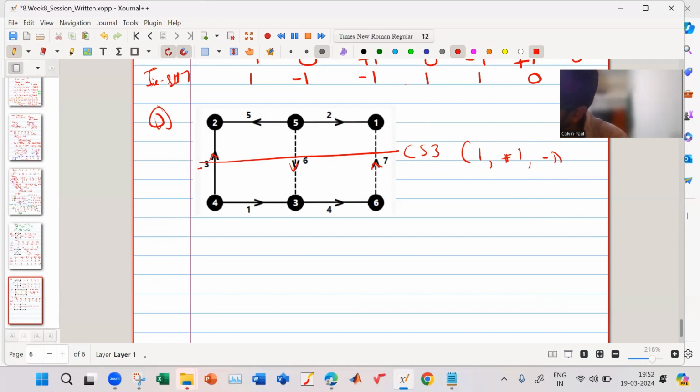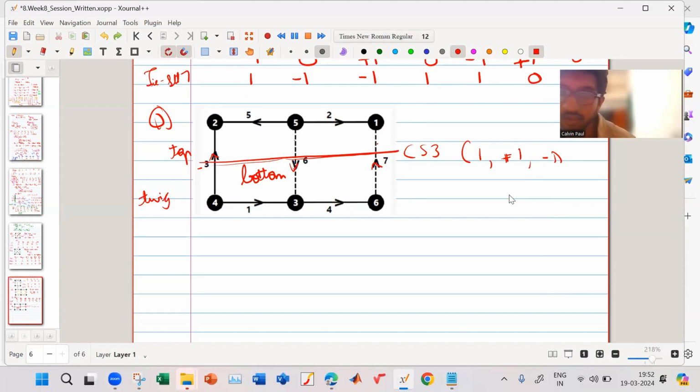Like here, this arrow on top, these are in the bottom. Okay. So what I do is I draw a cut set. I have drawn this cut set. Now for my twig, what I am actually cutting is my twig. That is the main thing. My twig is on top, so the arrows for the links also should be on top of the cut set. So that's why this arrow will be going down. This arrow also will be going